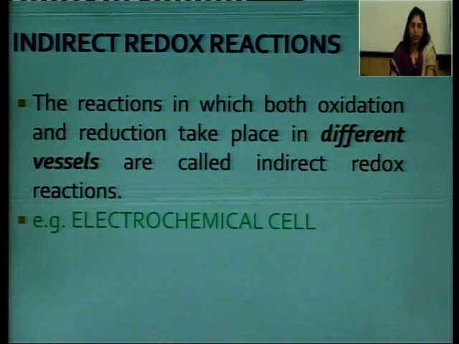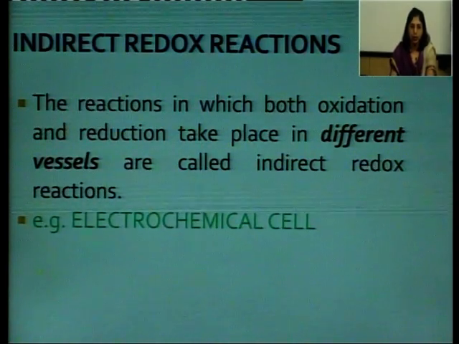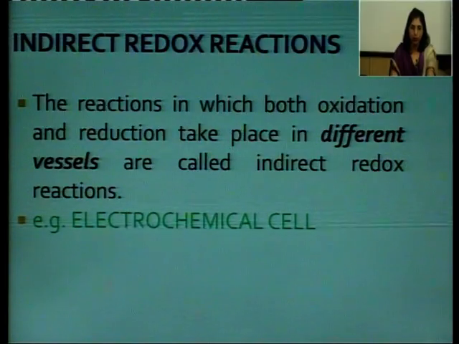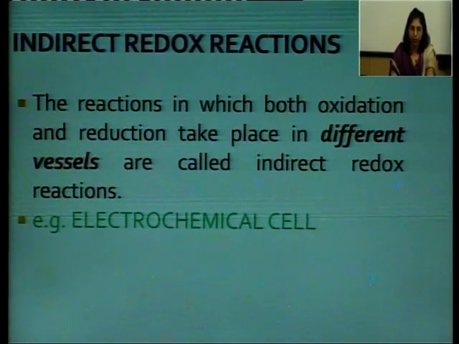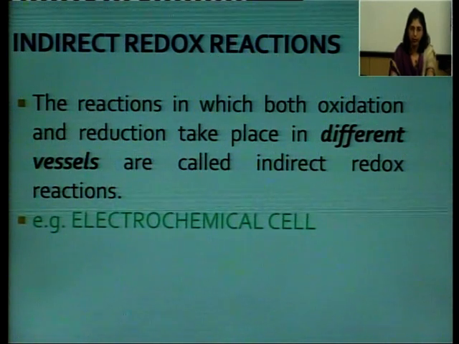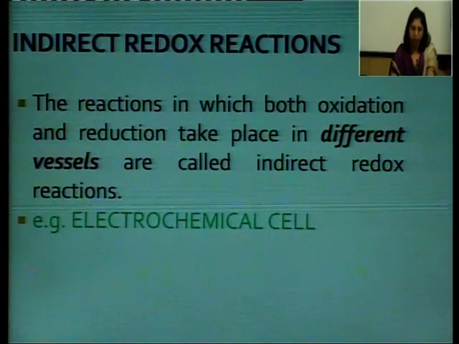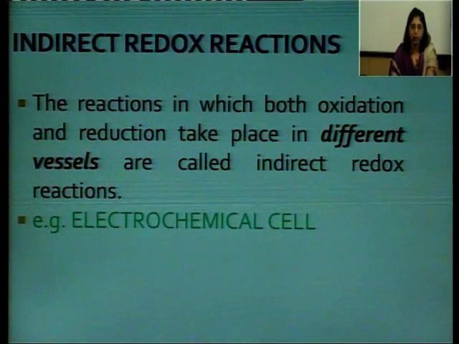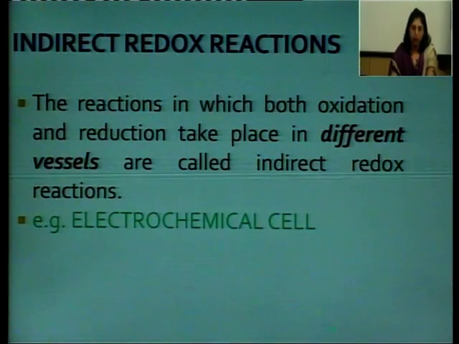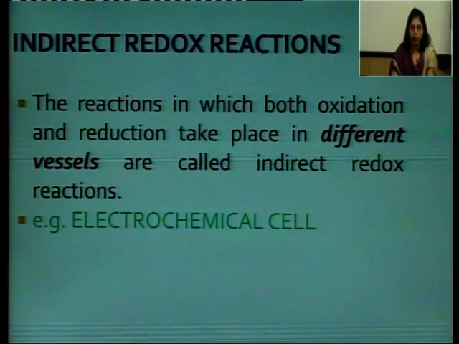Next is indirect redox reaction. The reactions in which both oxidation and reduction take place in different vessels are called indirect redox reactions. So, in this type of reaction, the reactions are taking place in separate vessels. Oxidation is taking place in one vessel and reduction is taking place in a different vessel. And the common example of this type of redox reaction